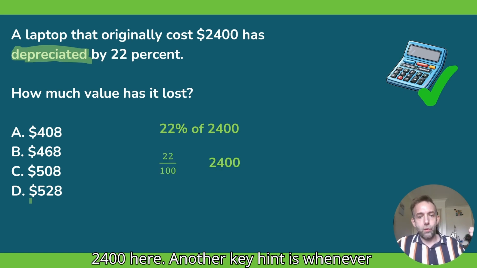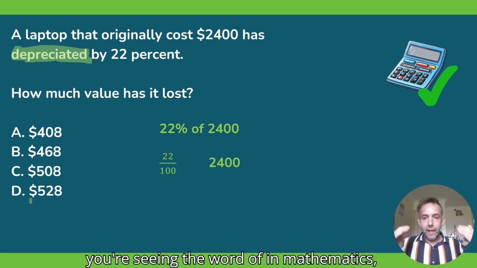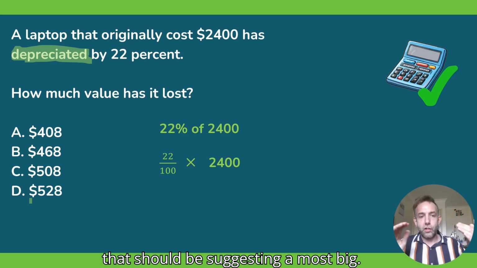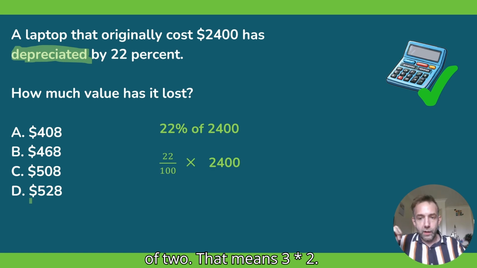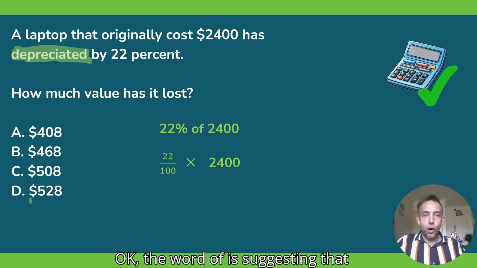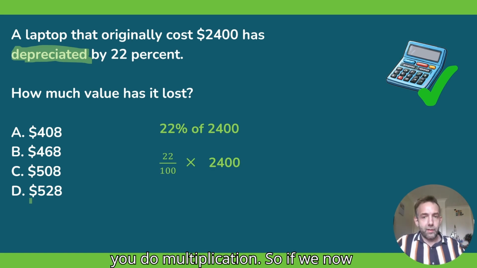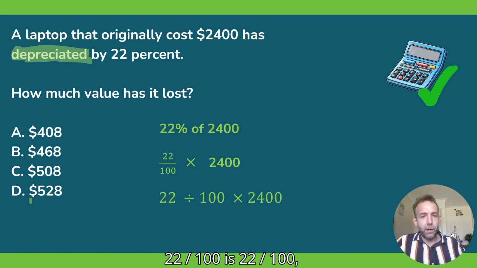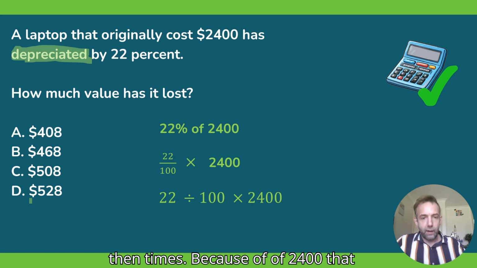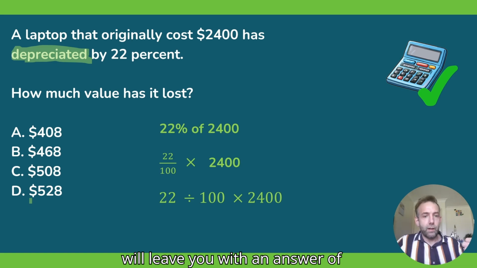We've got a 2,400 here. Another key hint is whenever you're seeing the word "of" in mathematics, that should be suggesting a multiplication to you. We say 3 lots of 2, that means 3 times 2, okay? The word "of" is suggesting that you do multiplication. So if we now input this into a calculator, either as such or by using the fact that 22 over 100 is 22 divided by 100, then times, because of, 2,400, that will leave you with an answer of